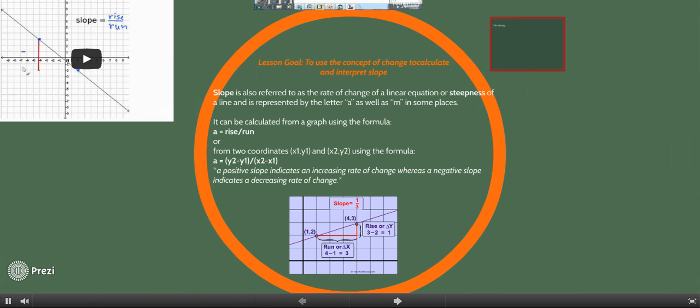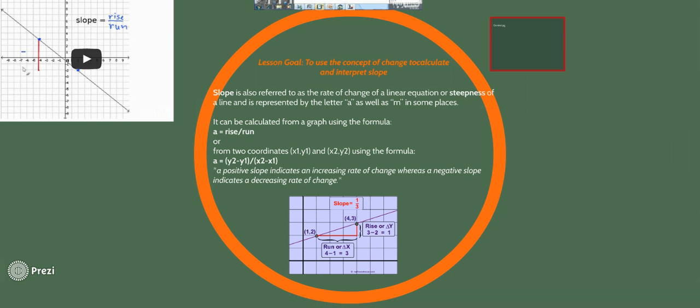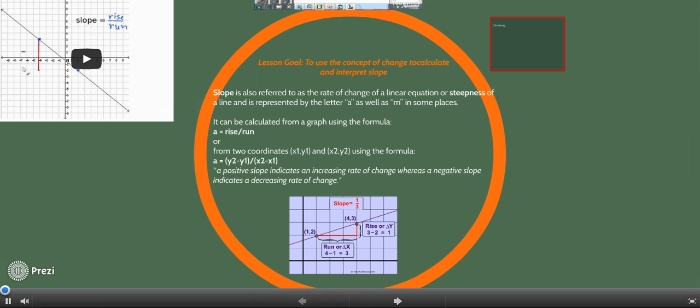The goal of this lesson is to use the concept of change to calculate and interpret slope. Slope is also referred to as the rate of change of a linear equation or steepness of a line, and is represented by the letter A as well as m in some cases. It can be calculated from a graph using the formula A equals rise over run, or from two coordinates x1, y1 and x2, y2 using the formula A equals the change in the y coordinates over the change in the